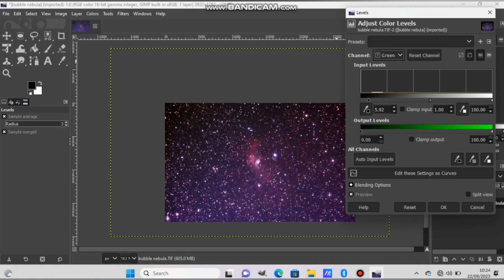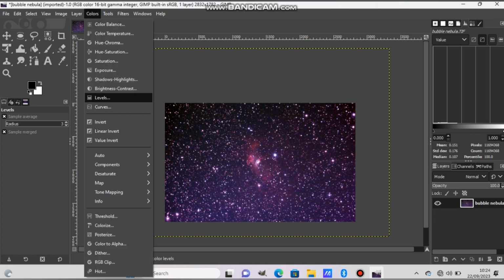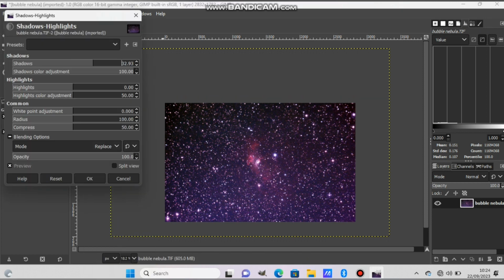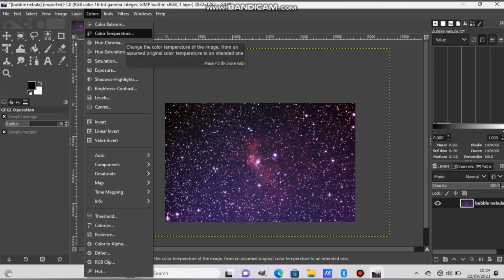And keep darkening the background and, you know, adjusting the levels until it looks right. Now you see there's a gradient in the image that we'll need to take out with a program named SIRIL, the background extraction, because it looks like some side is blue, some side is red, there's different colors. This is because of the light pollution, and I didn't use flat frames as well, so flat frames will help you in that case, but for now I'm not using them. I'm still learning like you guys,